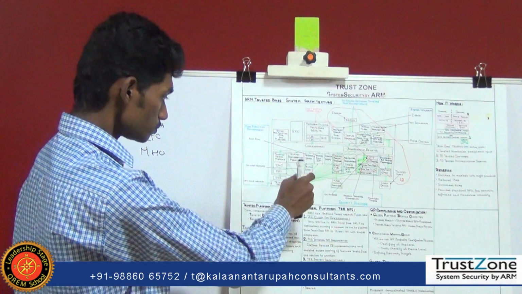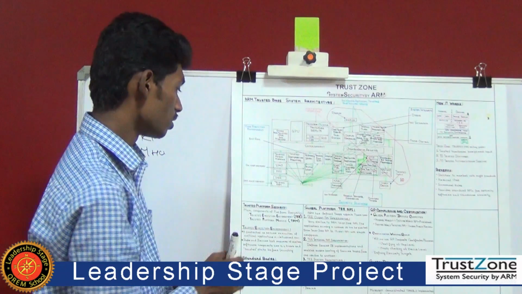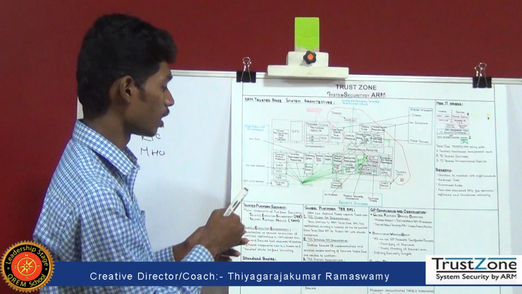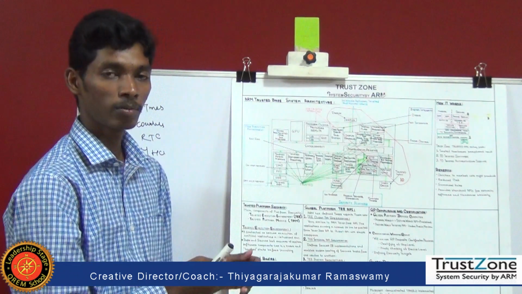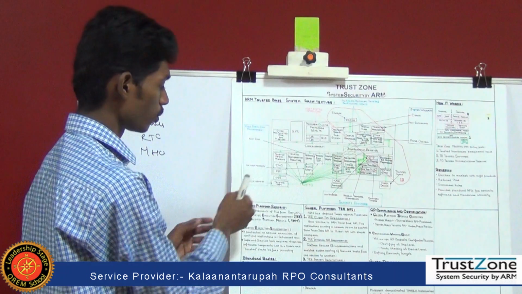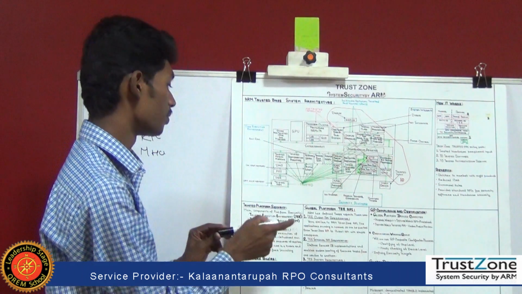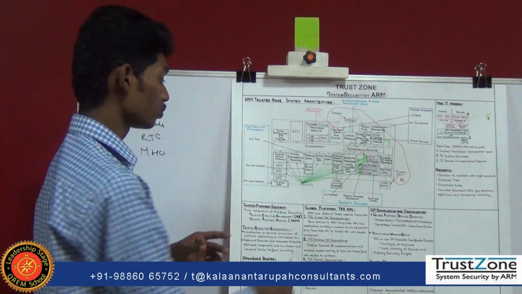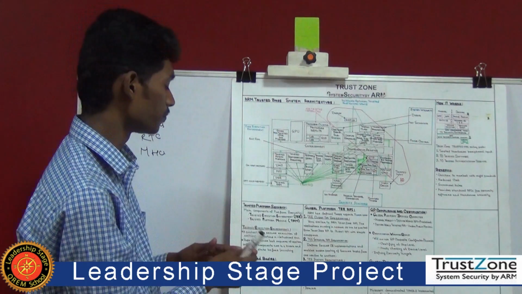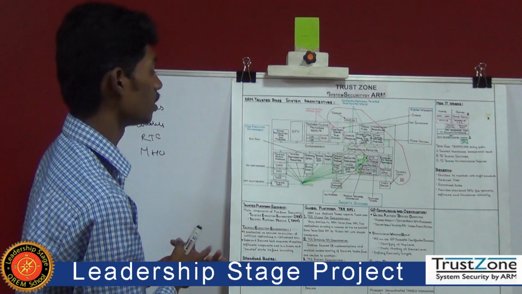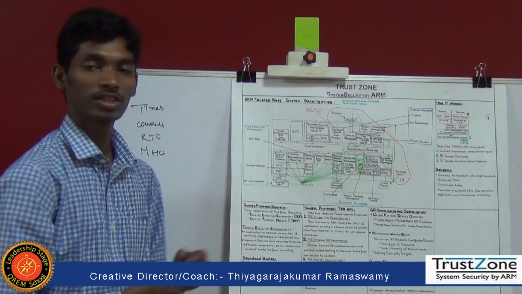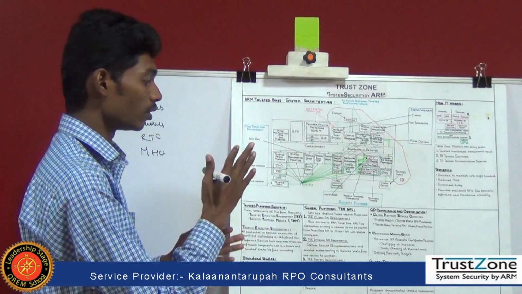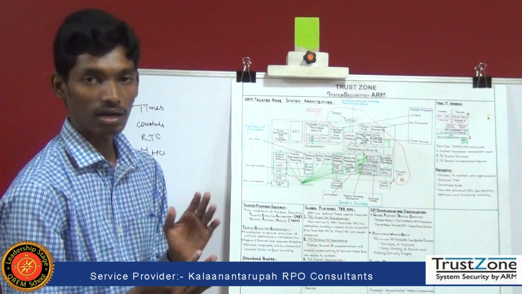And next one is DDR, that is double data rate, which is used to store the data fast, and in this double data rate the RAM memory is robust. And the next one is trusted RAM. This trusted RAM is nothing but off-chip memory, which is externally added to this SOC to increase the process memory. And the next one is flash. Flash is a non-volatile memory which is used to store the data, and electrically we can delete or alter the data